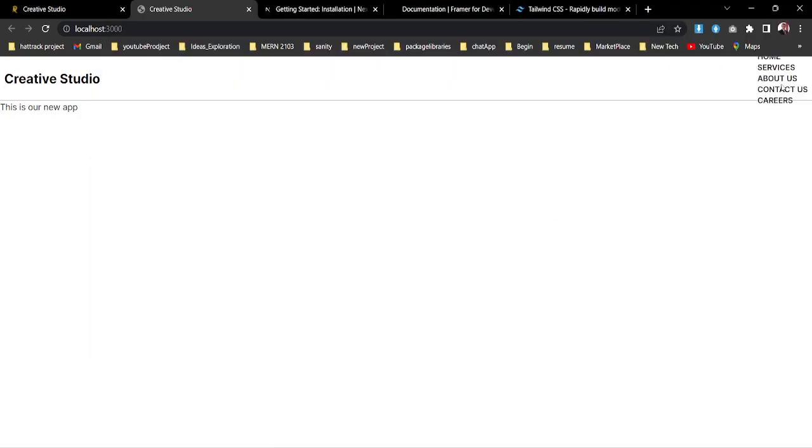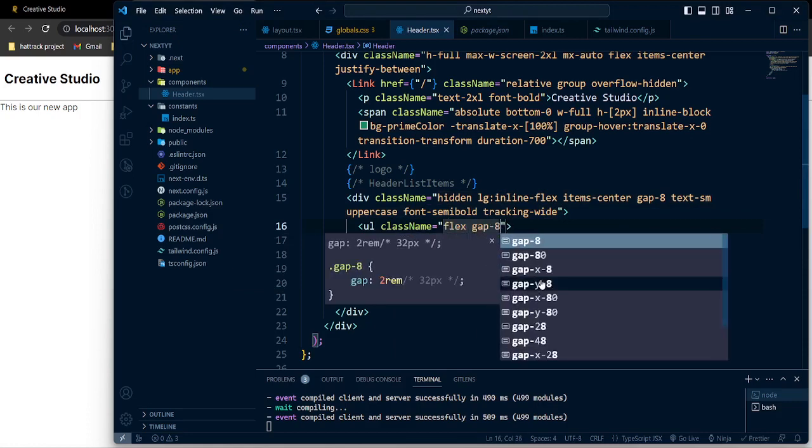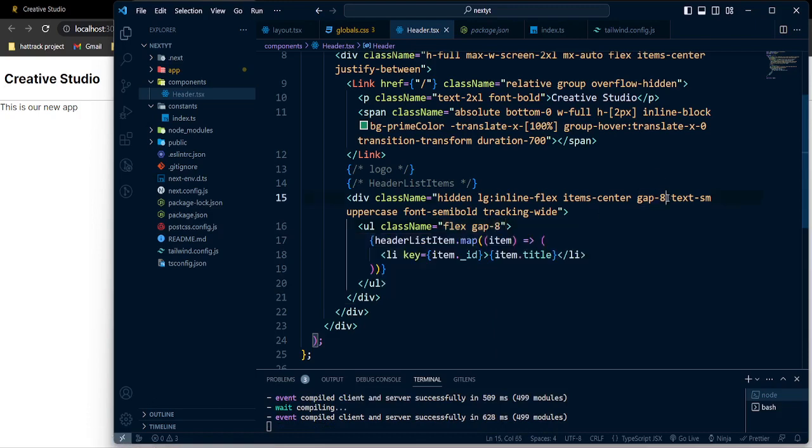So now you can see that is actually available, but we need to make some changes over here in our unordered list. So let's make it a flex and gap of 8. I give that gap because we will have that UL, and also we're gonna have one button over here. So this button, it will go over here. So just let me put for you,